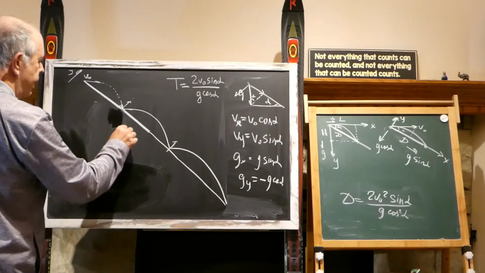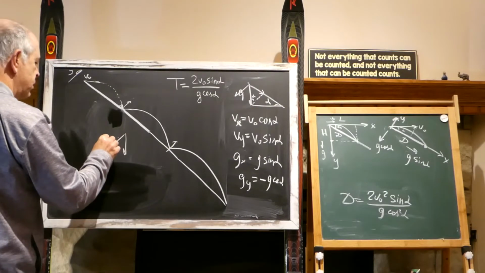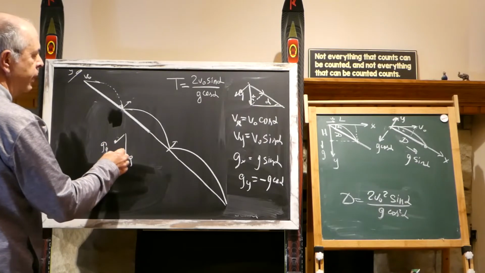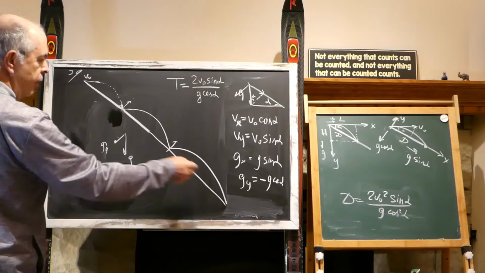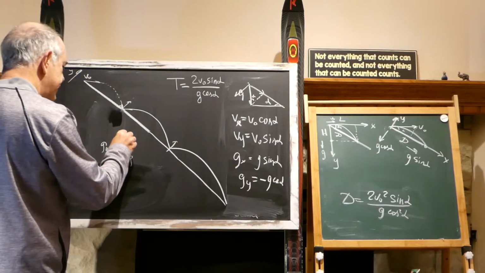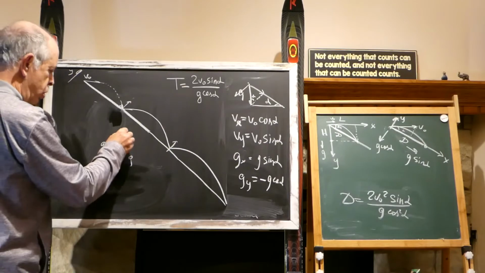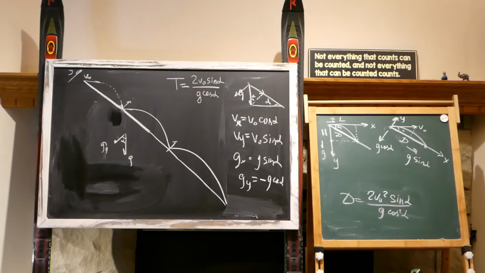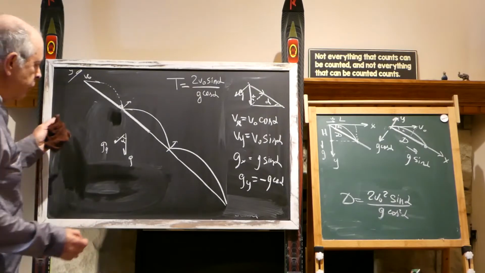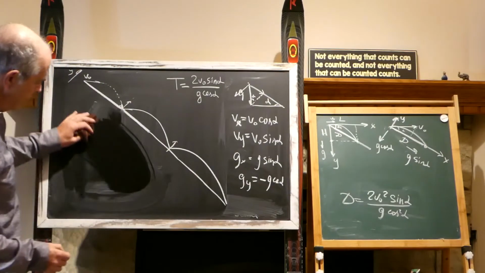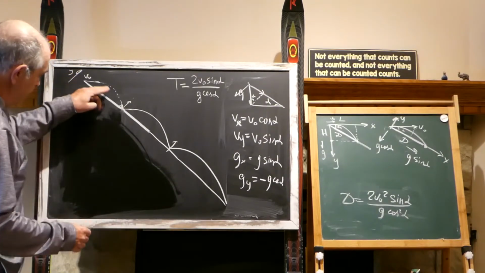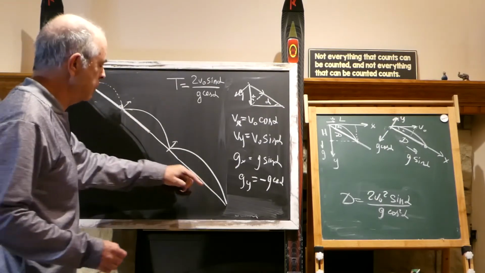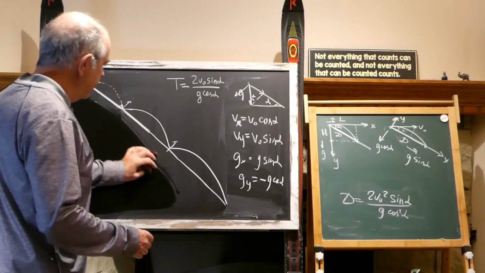G is this way, and its projection is this way, projection Gy, and this is G, and this is Gy, equal exactly to g cosine alpha, because alpha is this angle, and this would be g cosine alpha, and this would be minus because it's directed this way. And so everything would be exactly the same. All things that I wrote here and wiped out for the first parabola would be valid for this parabola and this parabola. So essentially they would be very similar parabolas,